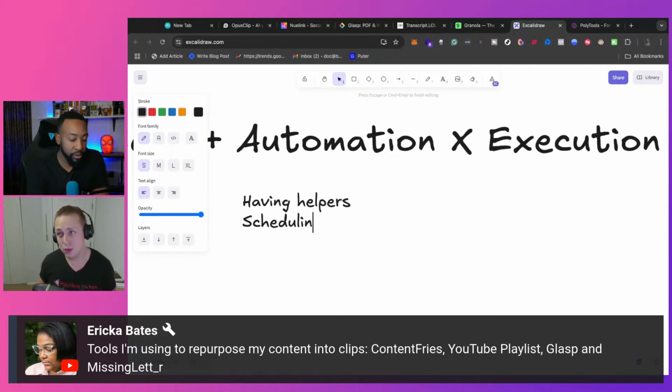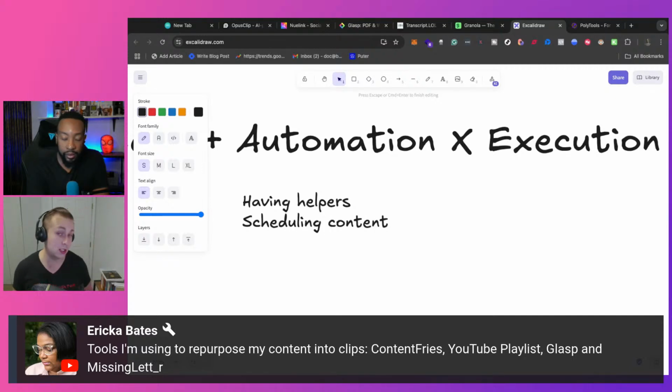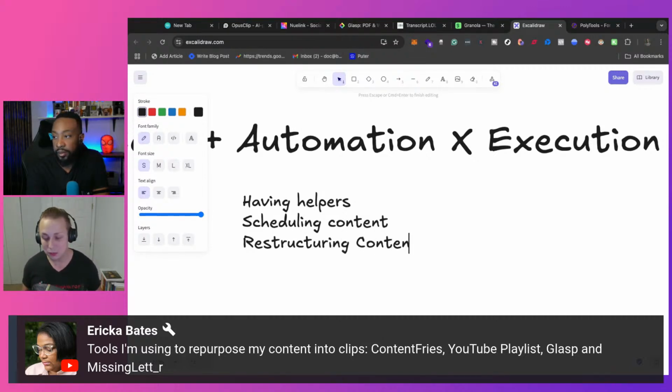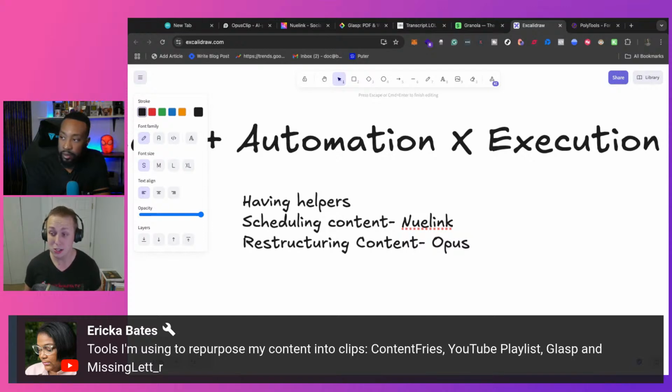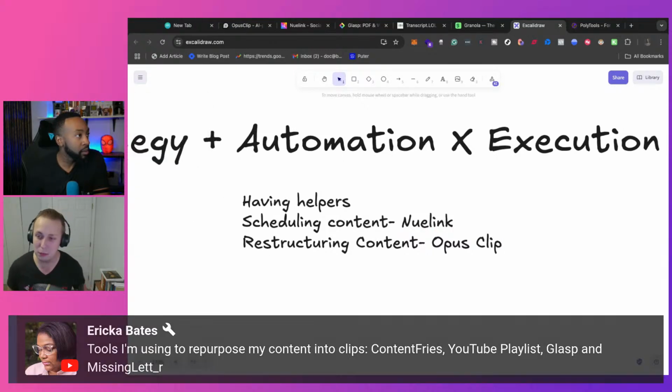Because what I've noticed is that most of these repurposing tools, whether it's Content Fries or Opus Clip, Recast Studio, Shopcast, all these tools that have been around for a hot minute now, a lot of them will give you about 80% usage rate. I would almost say 85 with Opus at this point because they've refined their model so much. But a lot of them would only give you like a dozen clips for an hour-long video, which is not very much considering how much content's actually there, whereas Opus would give you about 30. So it's one of those things where, if it's still 80% usage rate but you get double the amount of clips, that's kind of a big deal.